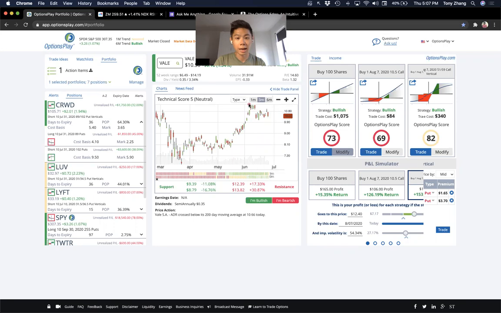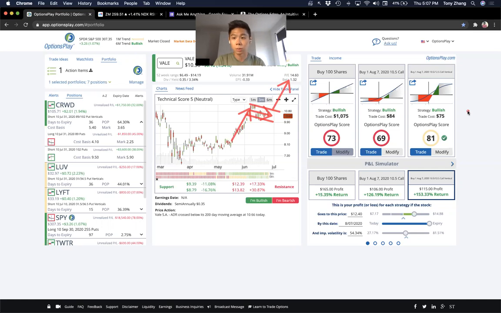It hasn't broken out from that flag. So you do have this consolidation flag. That's usually good, because after a big run up like this, you want it to consolidate for a while before you see that move to the upside. Now, this moved from about $8 to 10.5. So you have another $2.50 move to the upside. That's about 25% of the underlying stock price. So you have a lot of upside, but my preference is to wait for that breakout before you go long, especially if you're looking at those August calls.